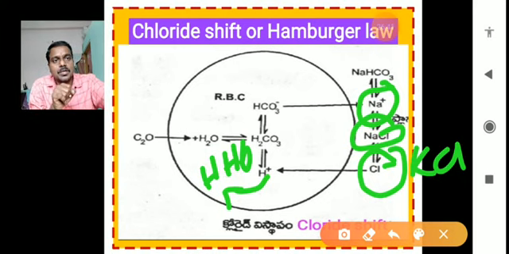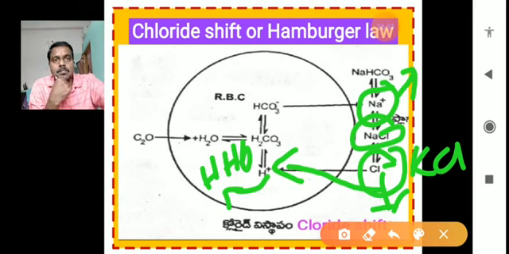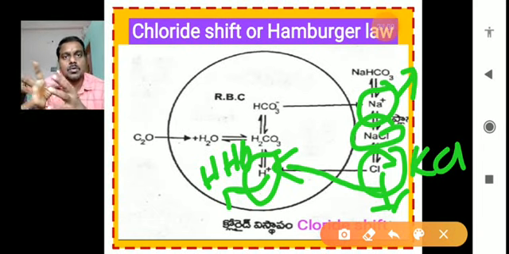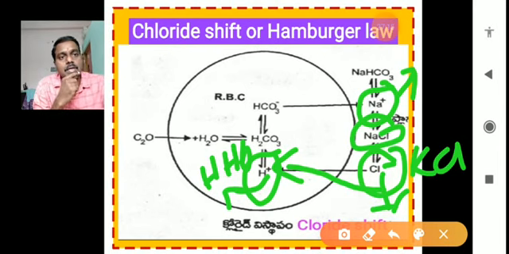So that's why the plasma releases H plus ions and Cl minus ions. The Cl minus ions enter into the RBC again and bind with H plus ions, because H plus ions are increased. Some H plus ions bind with hemoglobin and form HHb, but a number of H plus ions are formed because carbon dioxide enters the RBC. Then those increased H plus ions are neutralized by the gain of Cl, which means the transfer of the chloride ions.